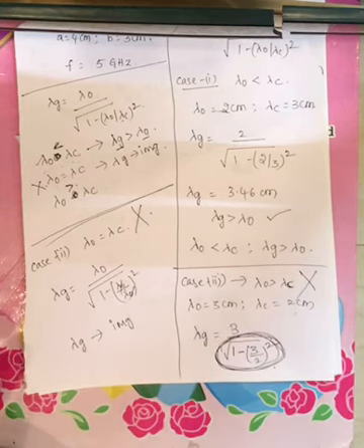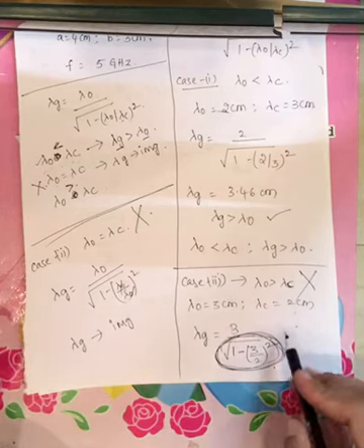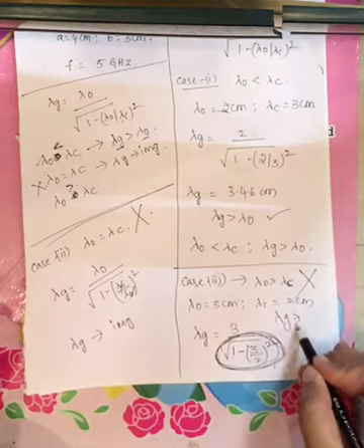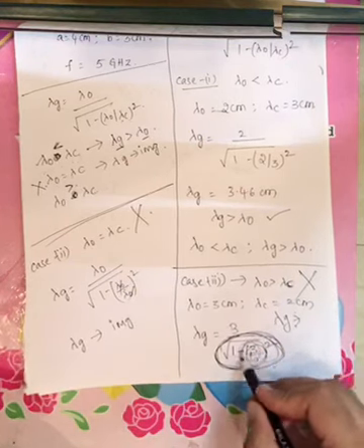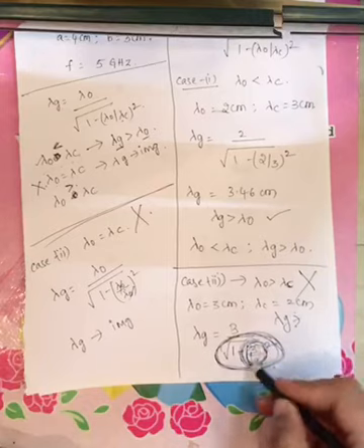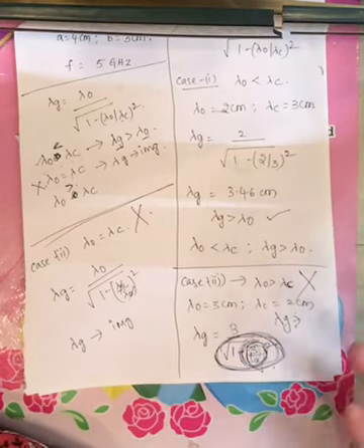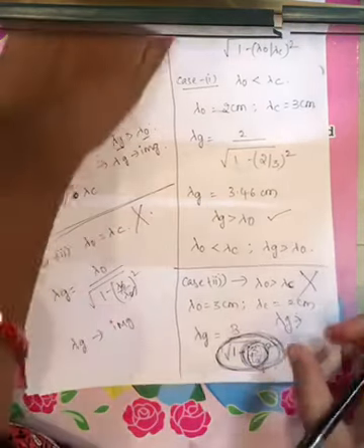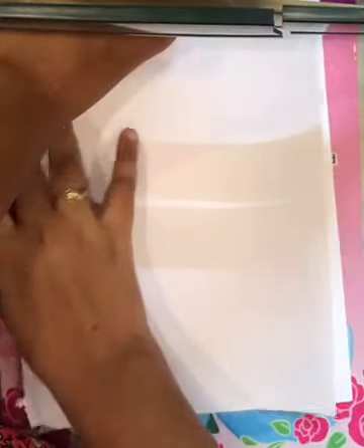Lambda naught greater than lambda c also doesn't exist, because here also you are getting 1 minus the highest value, which is not possible. Now you have to remember this condition. This is also a previous GATE problem. I forgot to say this is a previous GATE problem from the year 2004, I think.